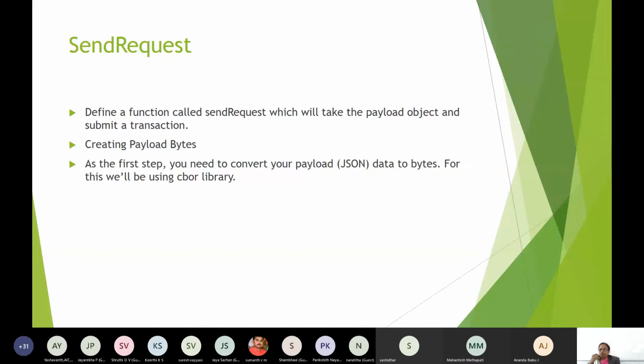Incidentally, yesterday night I was thinking, this Sawtooth is using protobufs, so why do they give a JSON interface? Now it is very clear. That transaction has three fields, no? Payload bytes is there, no? The input of that can be in JSON format, and that we can convert using CBOR.